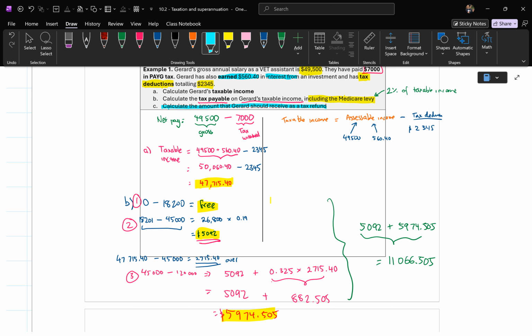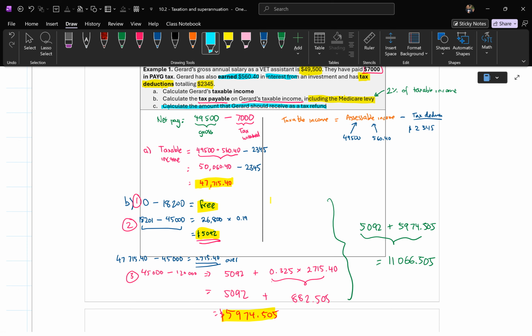How much tax did he pay? So think about it again. How much tax did he give to the government? He gave $7,000. But when we calculated, he only deducted $2,345 from that amount. But when we calculated each bracket, how much he actually has to pay,